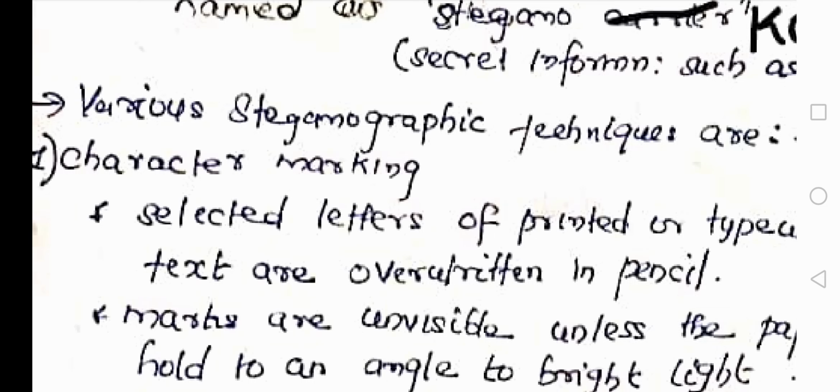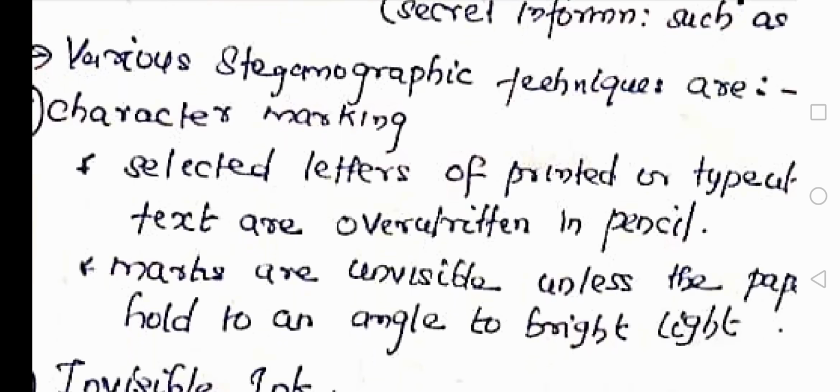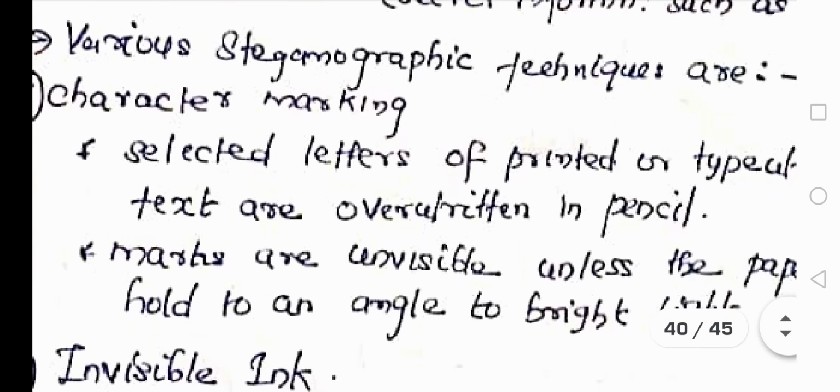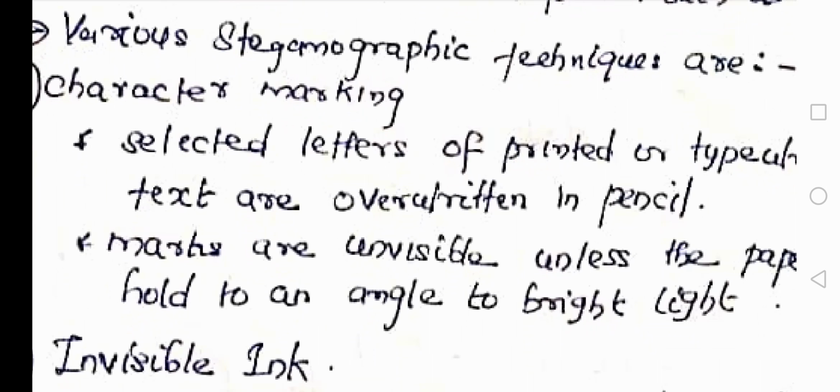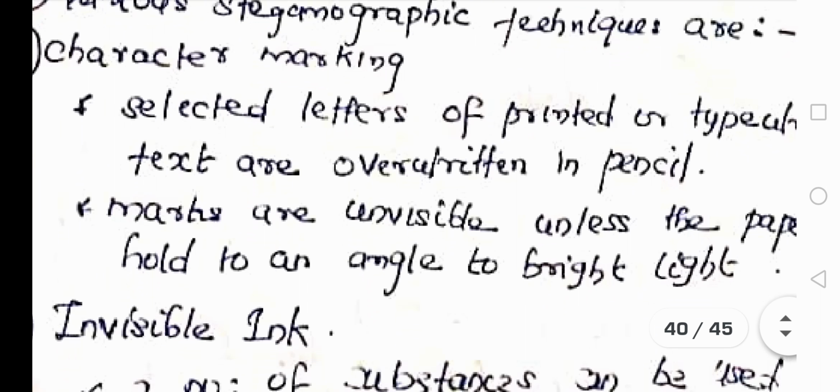Once a person looks at the message, he won't be able to identify the exact message which the sender has created. Simply with the help of a pencil, they make slight marks on top of the letters of the message. Such manipulations made by the sender can be visible only if the page is kept at a particular angle to bright light. Only then can a person identify that changes have been made to the letters of the message.